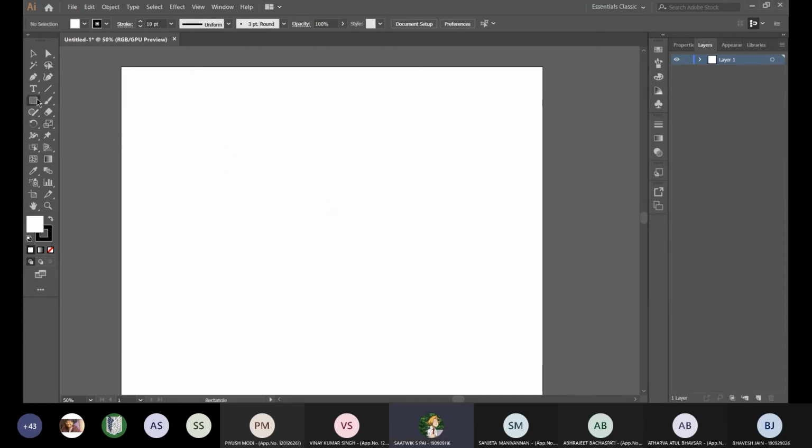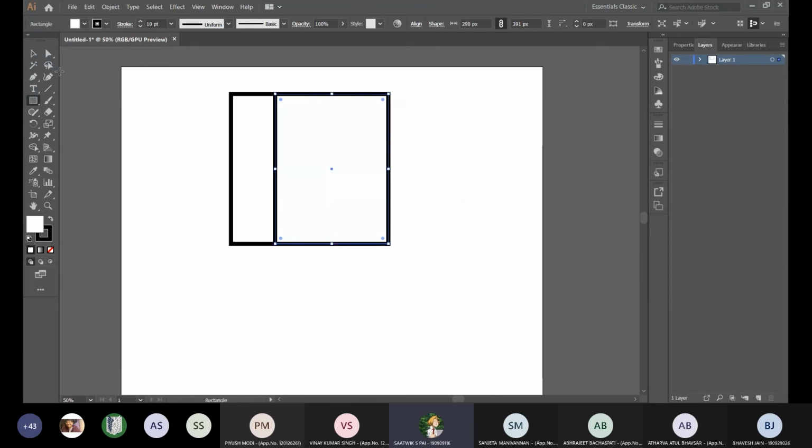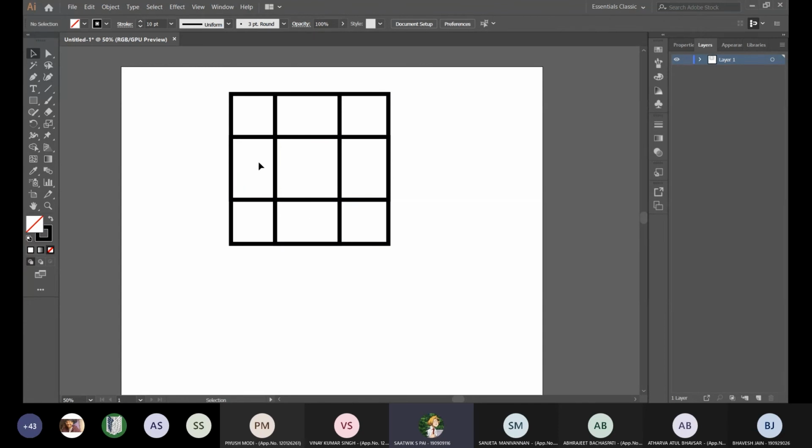What I can do is I can use a tool called shape builder. You have it over here, shape builder करके. So if I know how a cross can be made using a set of, let's remove this. If I know how I can make a cross with your normal rectangles, I want just this portion. I don't want these areas. So what I can do is I can use something called a shape builder.